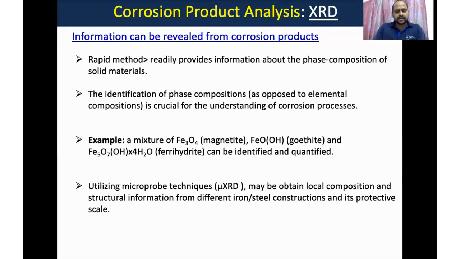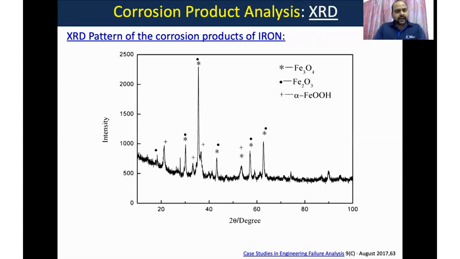So XRD is one technique, and if you see the data, it looks something like this. I think you already have it here. The x-axis has 2 theta, that is the angle, and the y-axis the intensity, in arbitrary units. This is just one pattern, the XRD data of iron rust. Within this data, we have different XRD peaks, which correspond to three different phases. The star is Fe3O4. You can see these stars here,